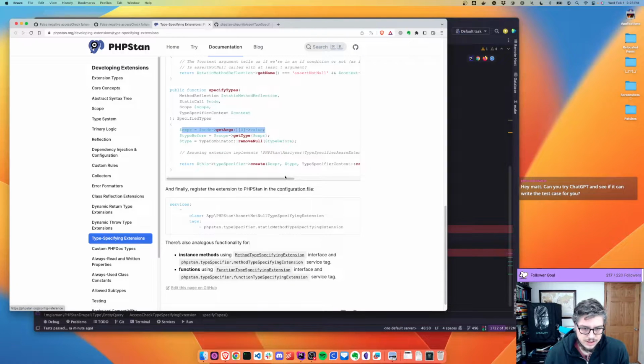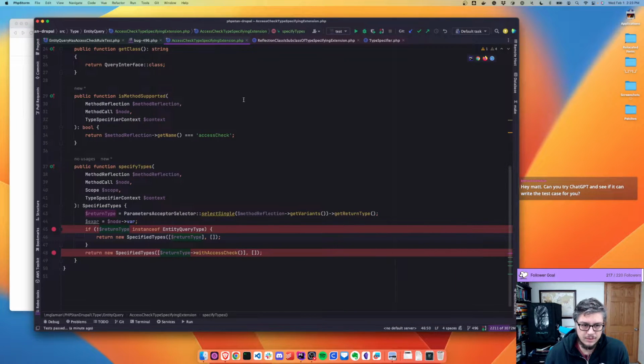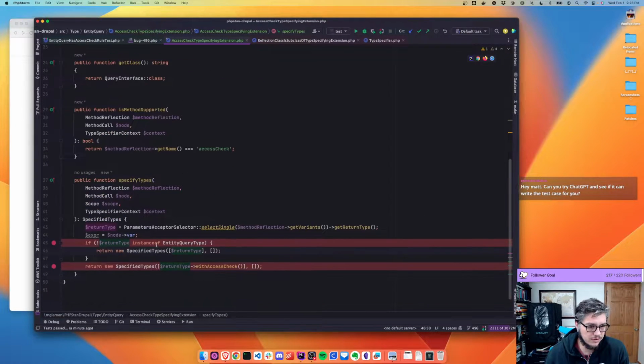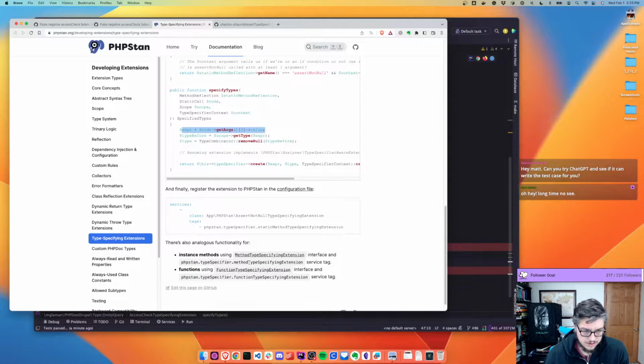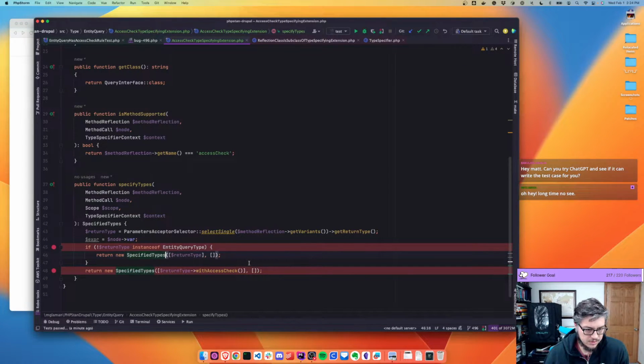So I should go ahead now and inject this type specifier, or I have it. Okay, so this would be, oh, not return new, this type specifier create, that's the expression,